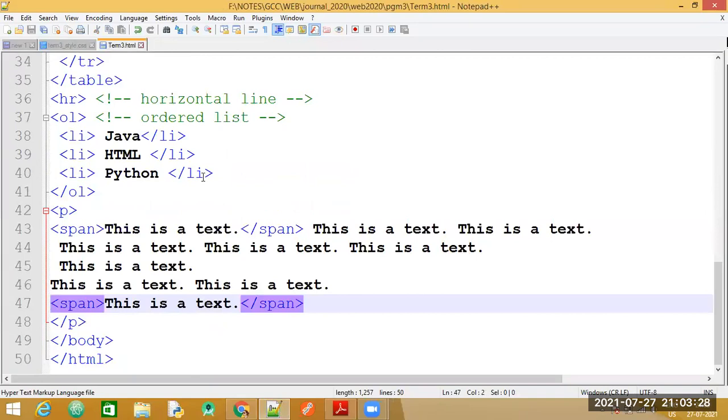All we have to do is import our CSS file in the HTML and make sure that we make use of the different properties and the different tags that are specified in our syllabus.